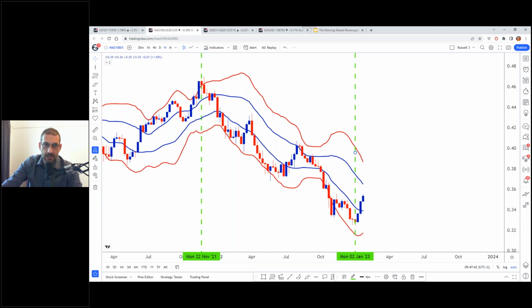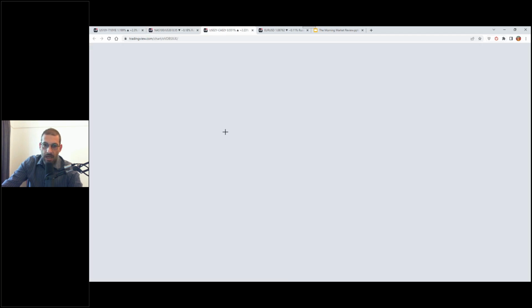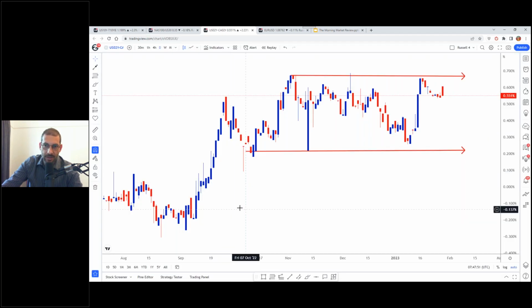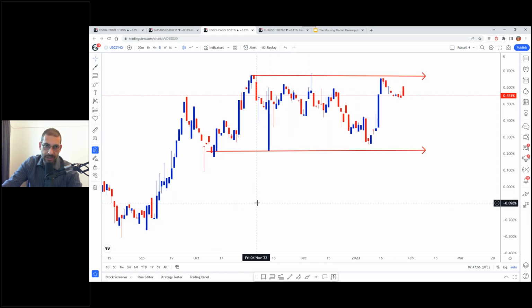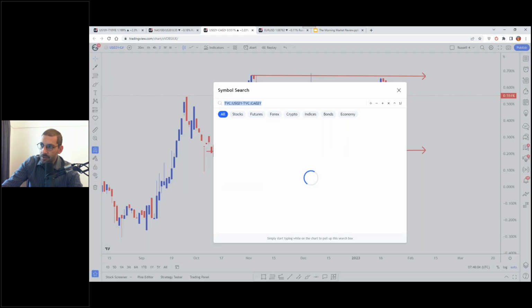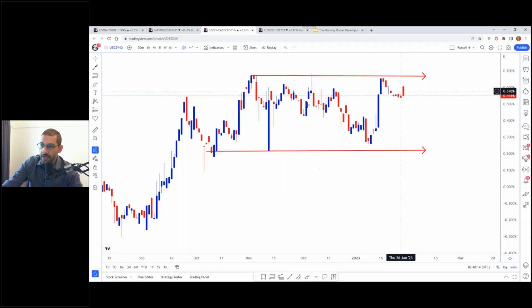But something happened this week, which I think is worth mentioning, and that is the Bank of Canada effectively hiked rates by 25 basis points, and it has effectively said that's their peak, and they're going to be monitoring now going forward, but they're not looking to hike rates anymore. Well, this chart here, to me, is very interesting. This chart here is the US 2-year yield versus the Canadian 2-year yield. So it's the spread between the US and the Canadians on the short end of their yield curves.